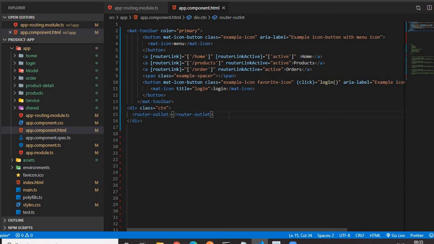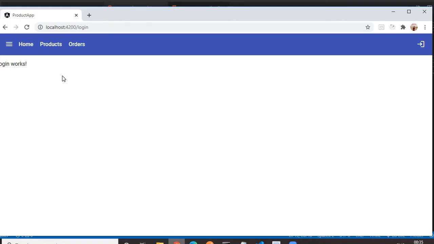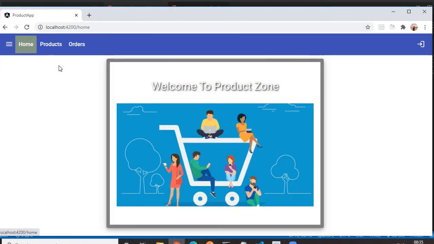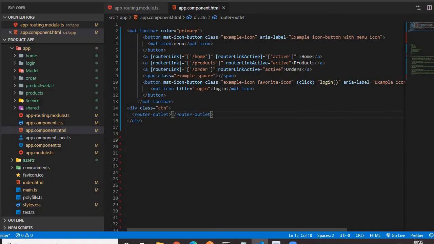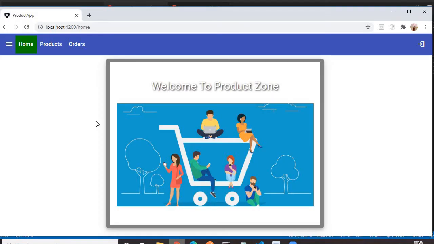So what is the use of this? This is the container for containing the page content, the navigated page content. I mean, if I click on home, I am in the home component, but this content will be rendered within this router outlet when I click the home link in the navigation bar.